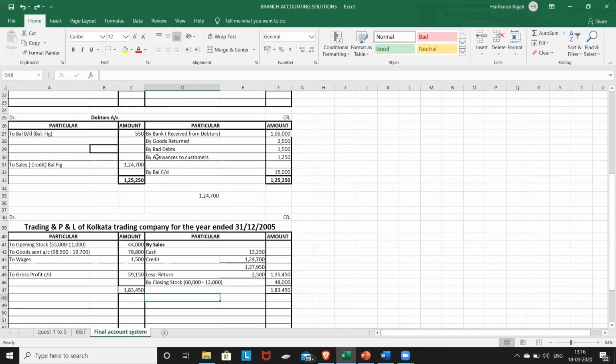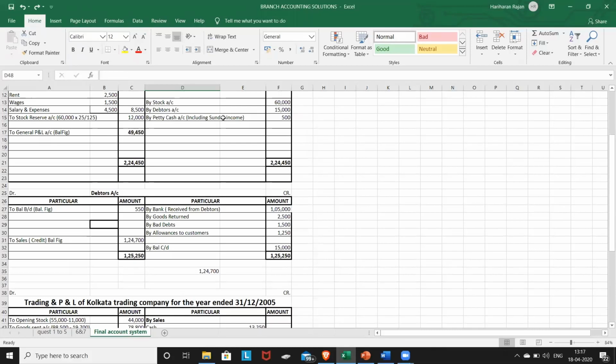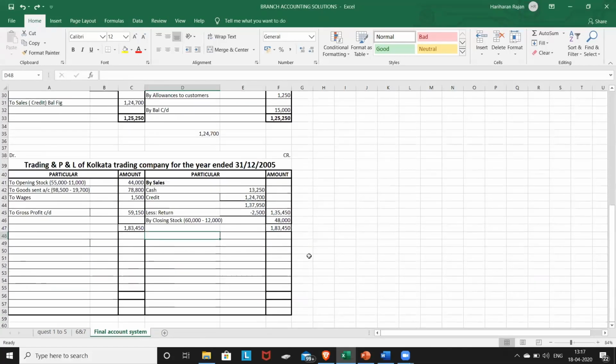So if you remember, we are not supposed to take petty cash opening and closing, because petty cash will go to cash account. Yes, if you remember, there is a 50 rupees which is added here, the income which I have to consider, and goods returned I have already taken, bad debts I have to take, allowance to customer I have to take, and rent I have to consider, salary I have to consider, because wages I have already taken. So let us take all the expenses. Before that, let me bring down the balance and the other income, miscellaneous income. Now let us put all the expense.